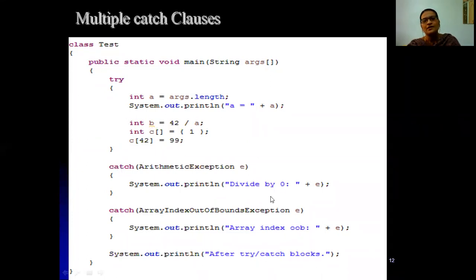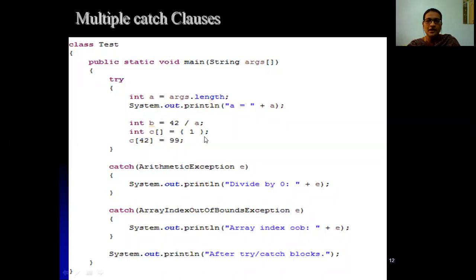it will handle that exception, and it will print what kind of exception it is, and after that it will print the final statement, sorry, the finally else statement here in the main. Right. So if you don't have any error in this statement, say for example, if you have passed an argument here, then a value will become 1, and there will be no error in this line. But here int c is equal to 1, so it is indicating that we are inserting an element